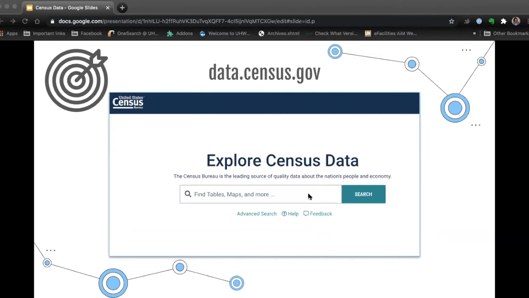So as of 2020, which is only a few months, all census data is going to be accessible through a portal called data.census.gov, and you can type it in. You can look through it now, but we'll be doing a deep dive into this, or at least a peripheral dive. And in this portal, you can find the decennial census information, ACS, other surveys like the Population Estimates Program,